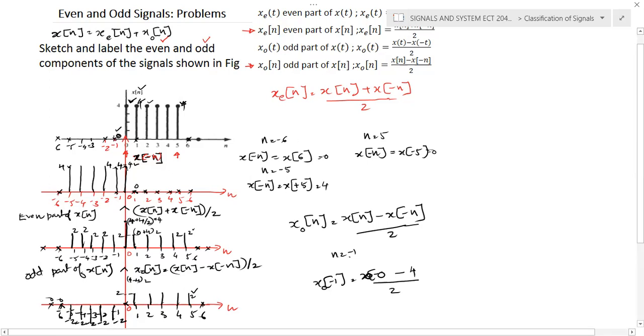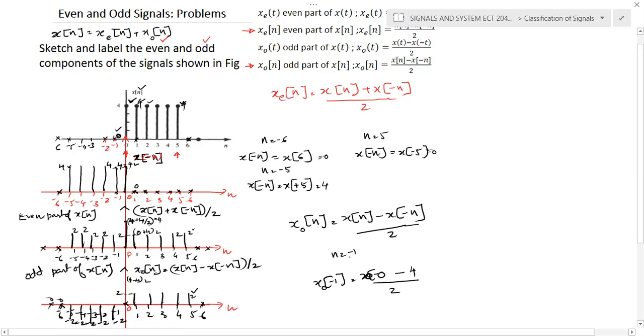So when you do it graphically, always draw 2-3 graphs corresponding to the given question, and first we need to find out x of minus n. Then graphically we need to perform x of n plus x of minus n by 2, and the odd component also. Okay, after completing you just verify the result also. And when you draw the even and odd signal, make sure that it contains both positive side and negative side. Okay, for the given question there will be only one side. It is a one-sided signal, there is only positive side. But when you calculate its even component and odd component, make sure that it contains both sides. Okay, positive side and the negative side.